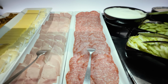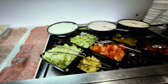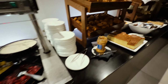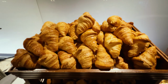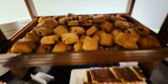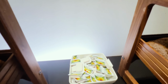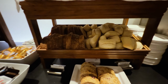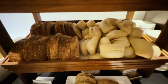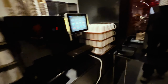That fat content salami looks a bit high there. Give that a miss. We got the salads, got the pastries, and some cake, Nutella, flora and butter, and we got a little tiny bread section there. Hope there's more. We've got the toaster, and